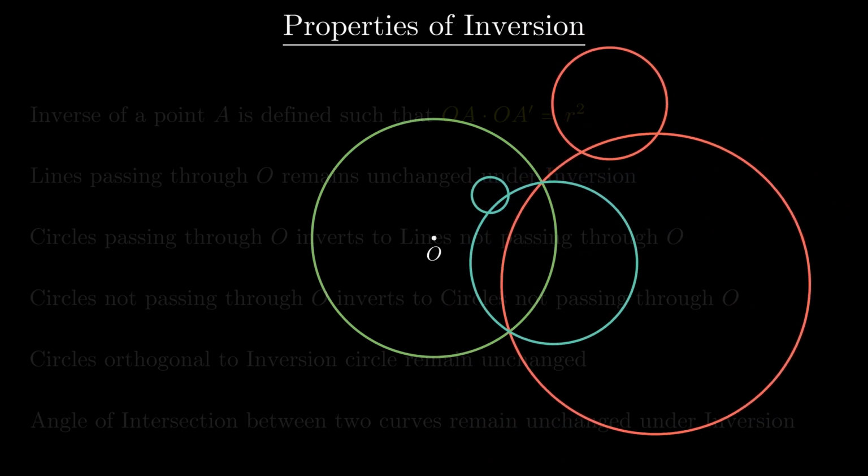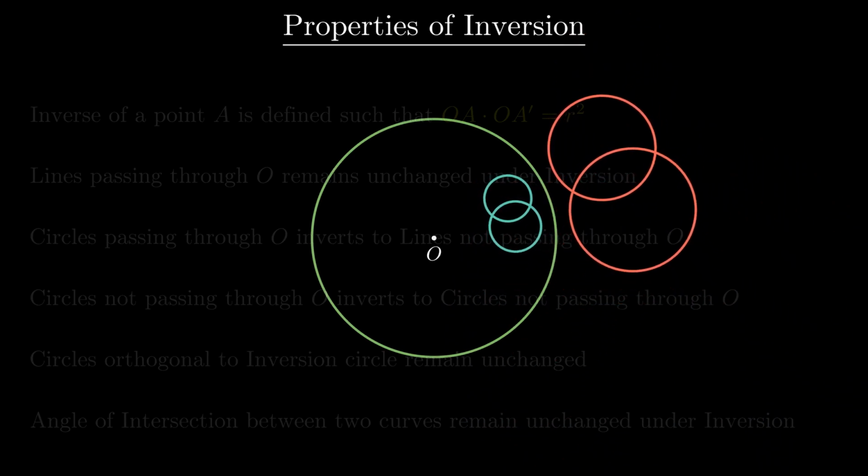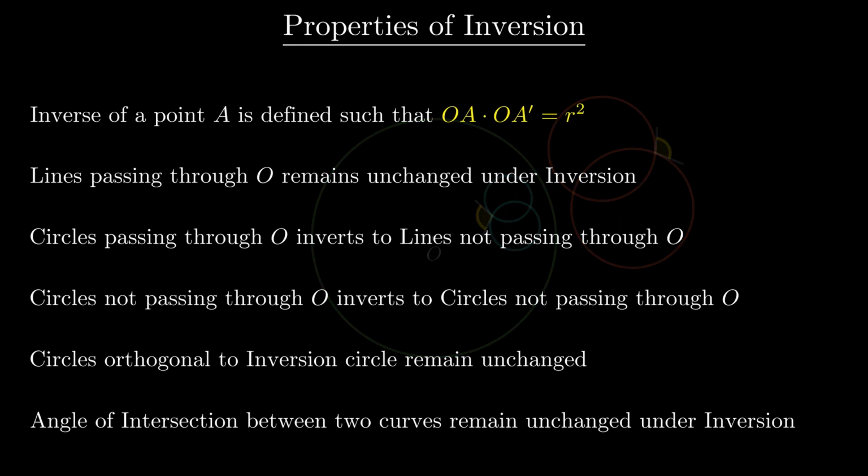This property is very useful because it tells us that the number of intersection points and tangency points remain the same under inversion. That is a lot of information. So now is probably a right time to pause the video and take a closer look at these properties. Quite amazingly, all of these properties can be proved with just basic geometry. You can always visit the Pappus chain video where we have proved all this.